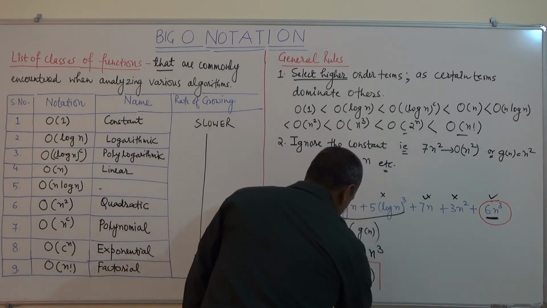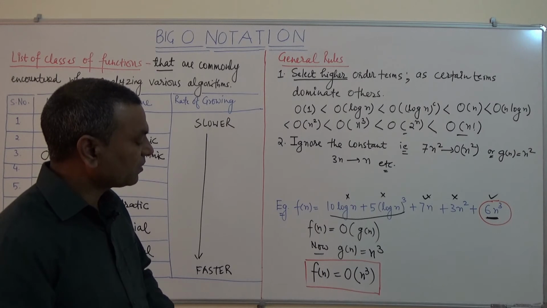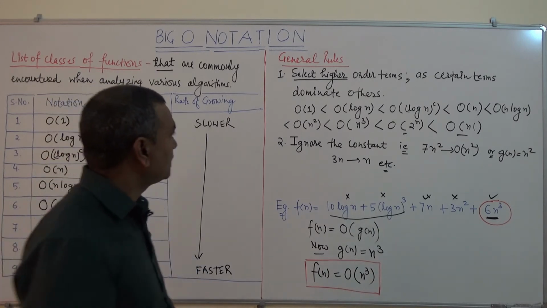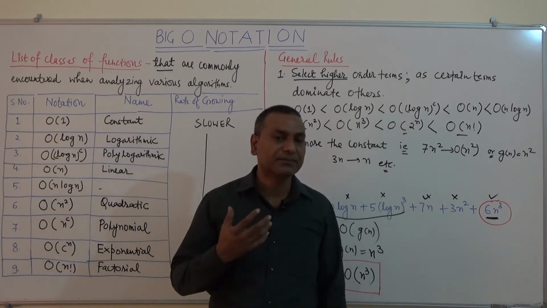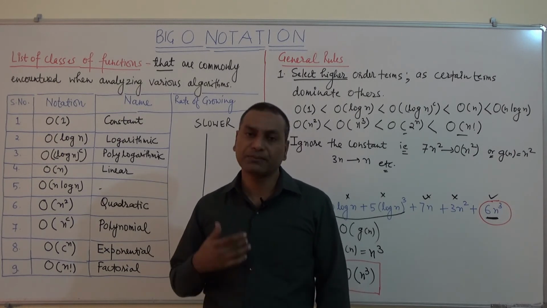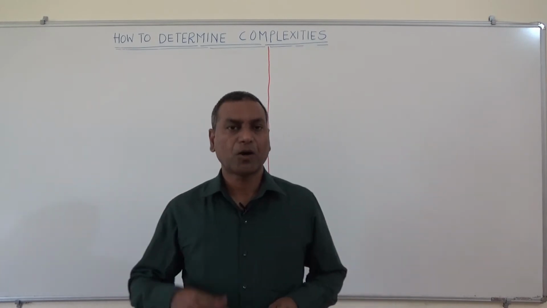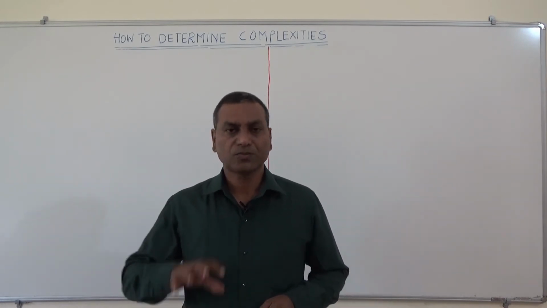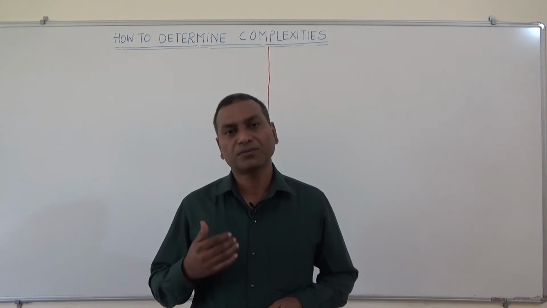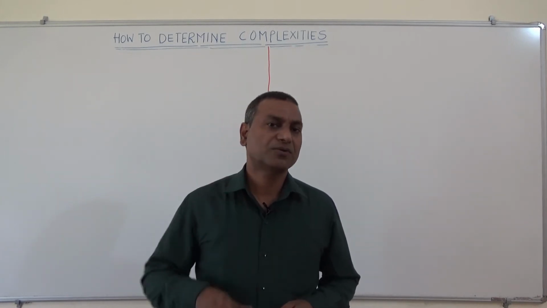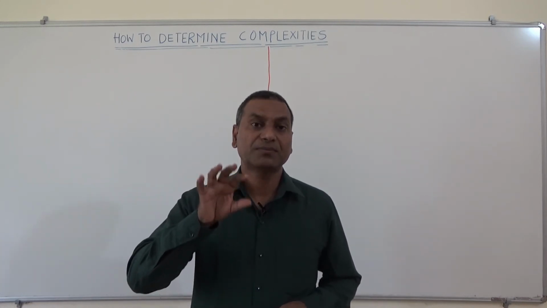So in this way we can find the running time complexity or big O notation. Now we will see how, in programming, if we are dealing with a program, we can calculate the running time complexity. So let us see how to determine the complexity. If we want to determine the complexity of any program, then we have to see the piece of code of the program. A piece of code may have different kinds of statements. So the time complexity depends on the type of statement.